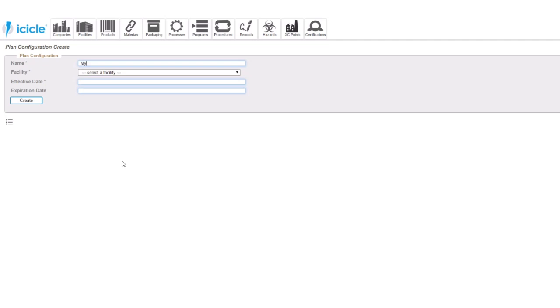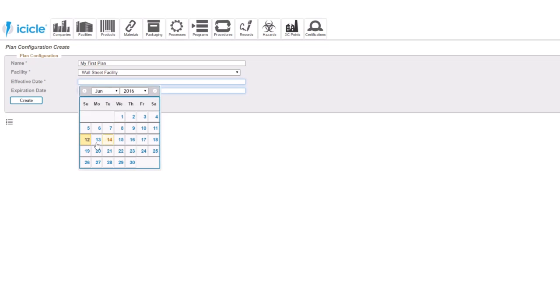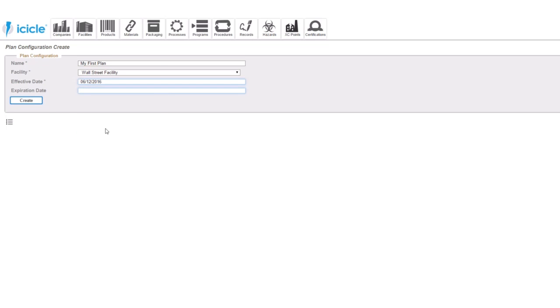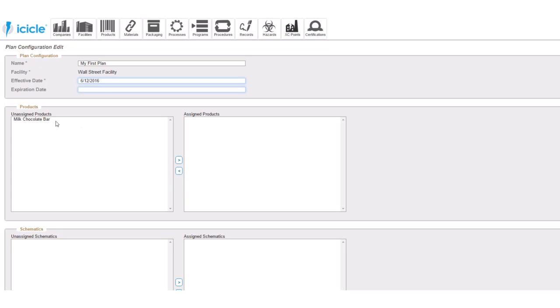So I'm just going to call this one my first plan, and I'm going to select my Wall Street facility and give it an effective date. So I'll call it today, and I'll create the plan. Now once the plan is created, I go and I'm going to add my milk chocolate bar. Oh, and I need to